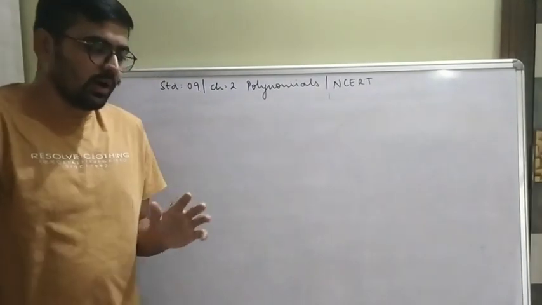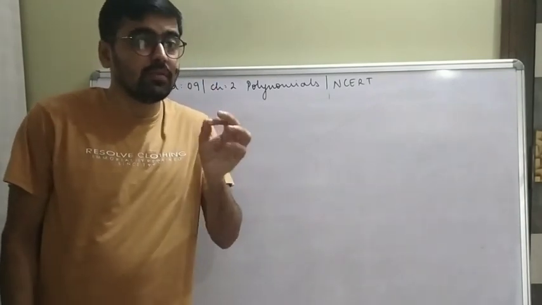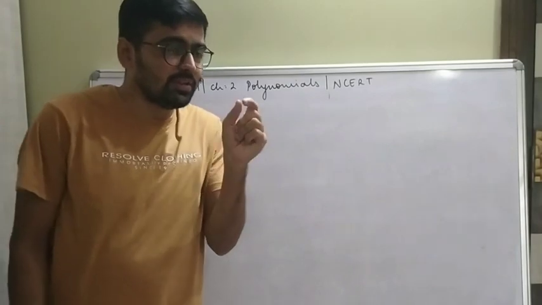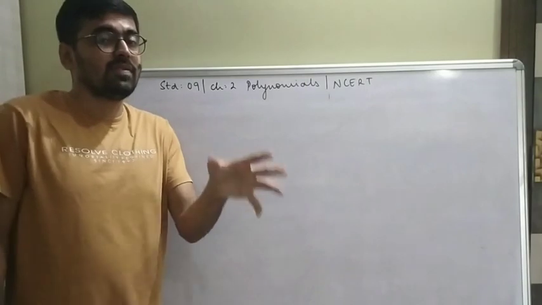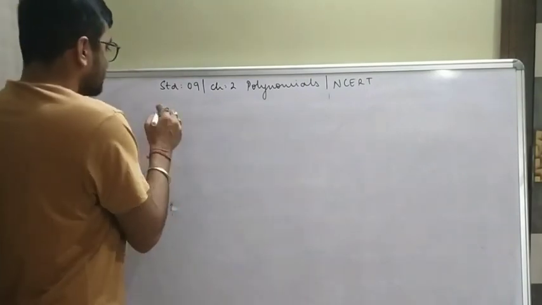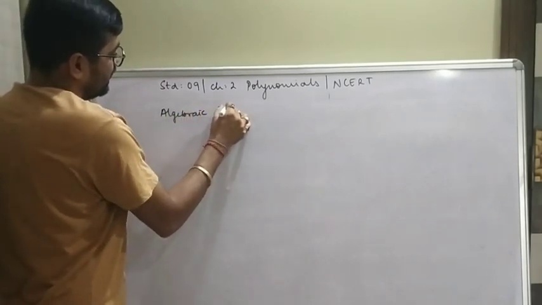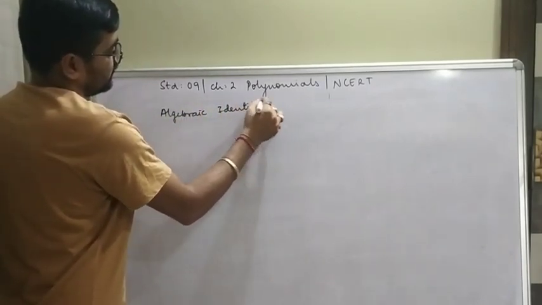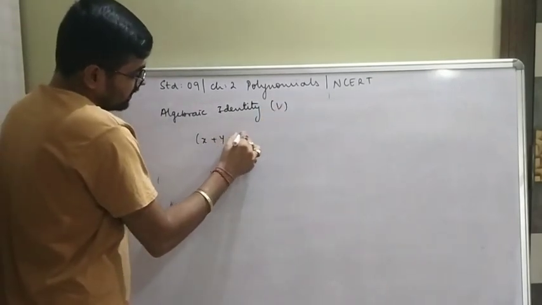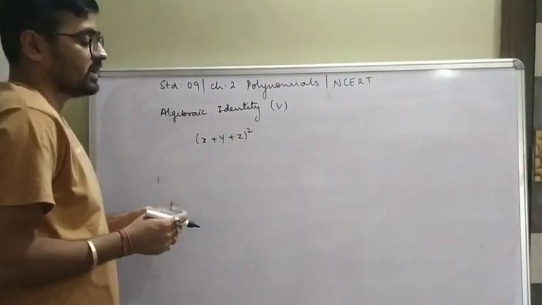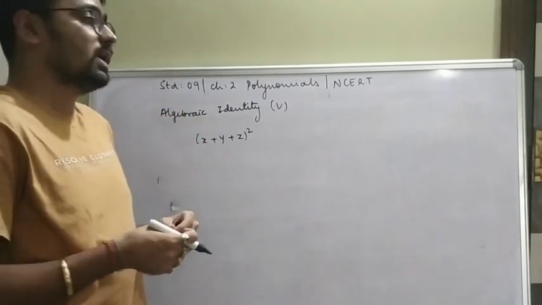Okay. So far, all identities which we have seen have two terms. We all know that if there are two terms, then we can call it a binomial. Correct. But what if we have three terms? That is your next identity. Let's go for algebraic identity, the fifth one. What is the identity? It says, what will be the square of x plus y plus z? What will be the square of x plus y plus z?